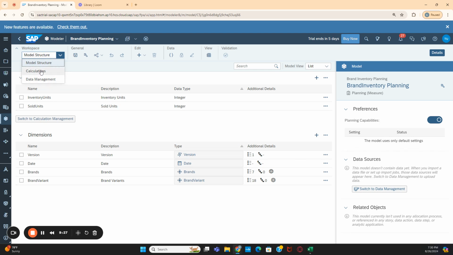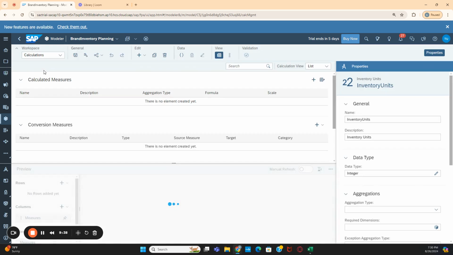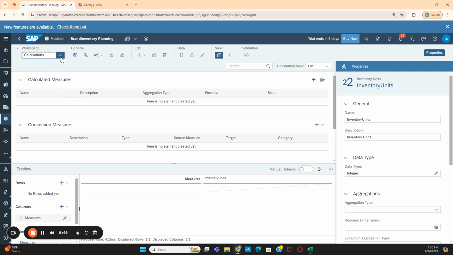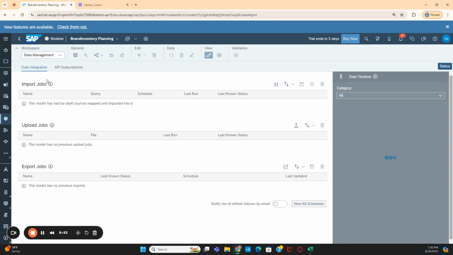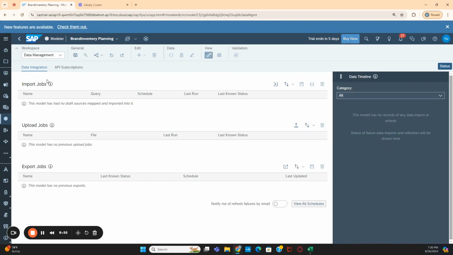And calculations are also there. There are some calculations you can develop in this model structure, the required calculations. If you go for these calculations, you can see calculated measures. Here you can build some calculated measures. We come to this part later after completing the transaction data, and some of the things also we need to cover actually. So here you see data integration and API